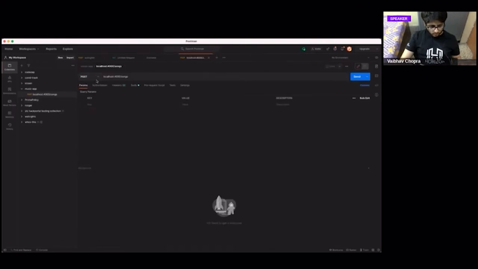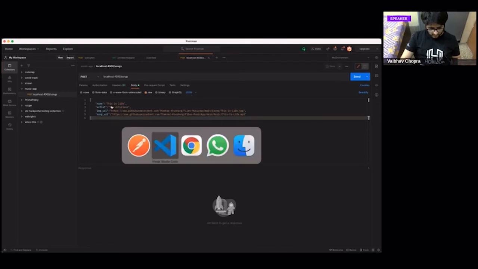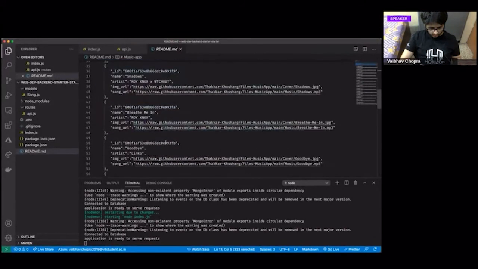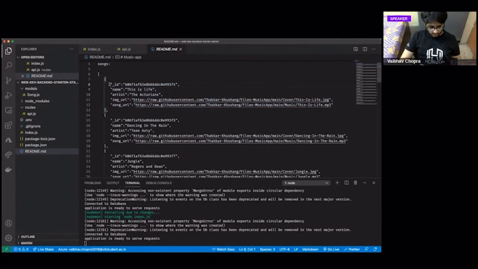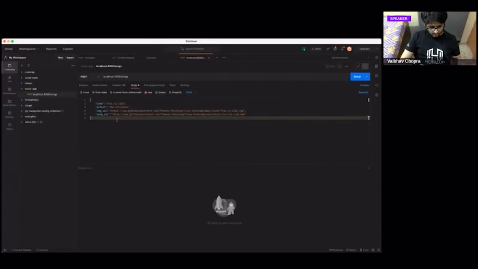You can select post here. Go to body, then click raw, and then you can do JSON, and then you can paste any song that you like from this whole readme file which we have given in our starter template. Just make sure that you delete this id key. I think this got left in by mistake, but no problems. You can delete this id key, and then you will be left with something like this. Then you can click on send,